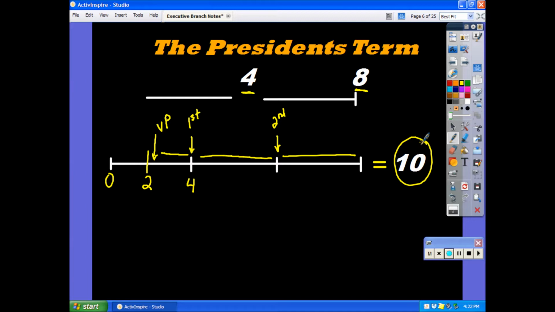a protocol. Now, obviously, if the president dies just before that 2-year mark, well, then this length of time is considered a term for the vice president, and he would not be allowed to run for this second term. We would end up with something closer to about 6 years for a total term for that president.